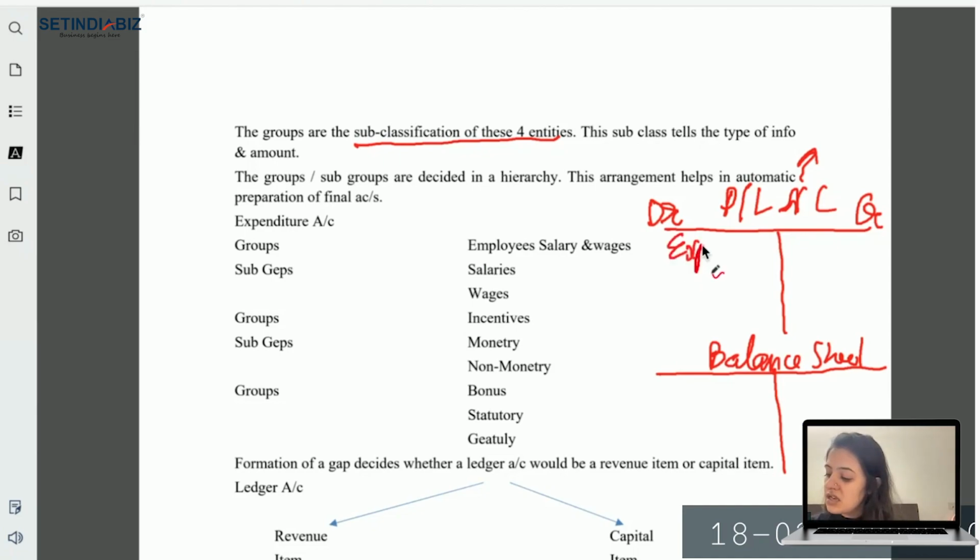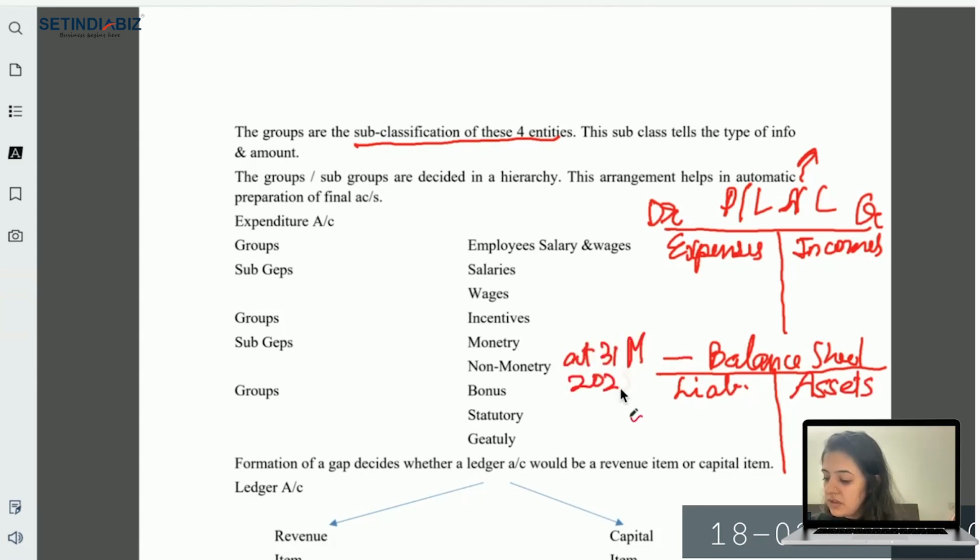All expenses come on the debit side and all incomes come on the credit side. In the balance sheet, liabilities are here and assets are here. The balance sheet is as at 31st March 2025, for the financial year